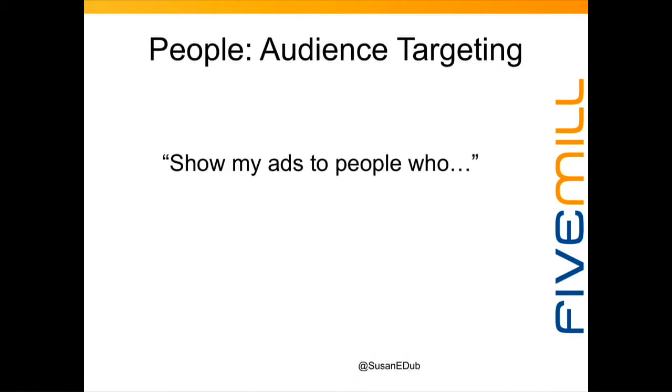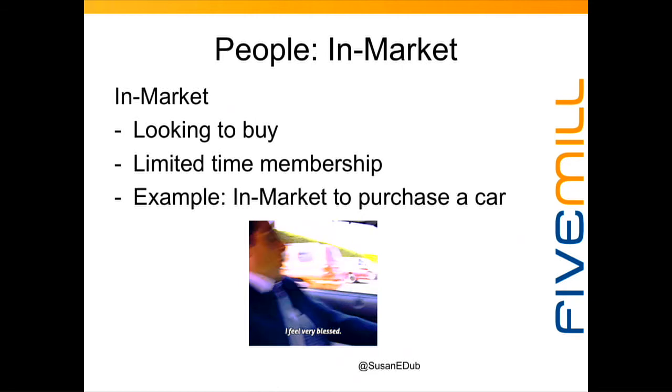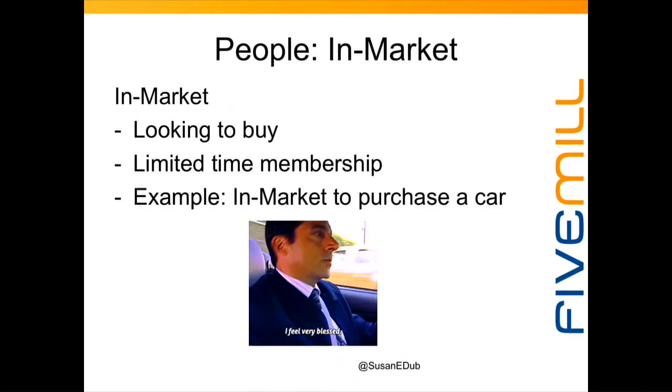So moving over to the audience targeting. Now I want to talk about the people. All these pieces are going to come together in some ways that I'm going to show you how to use them together. That's why it's important to understand these building blocks. So when it comes to audience targeting, let's use people that are going to be buying a car, like Michael